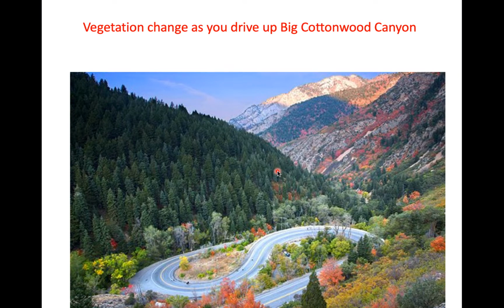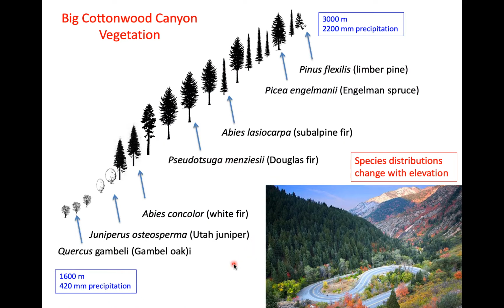So if you drive up Big Cottonwood Canyon, you'll notice that you get different plants in different parts of the canyon. And this is for exactly the same reasons as we've already been talking about, temperature and precipitation. At the bottom of the canyon, you get things like Gambel oak and the famous Utah juniper. Oak is an angiosperm, and as you go up, you start to see only gymnosperms, only conifers, firs and spruces and pines. And that's because the